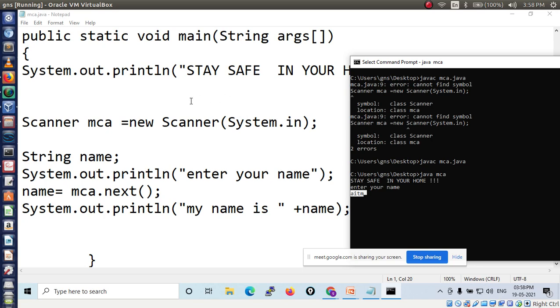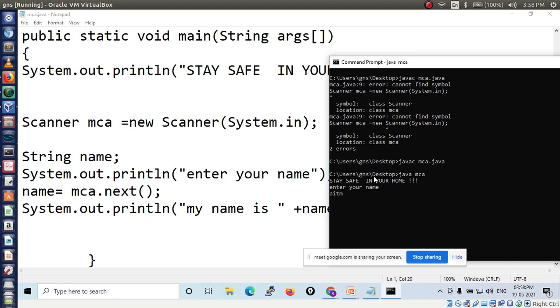Stored where? In MCA. Then next, if I press the enter key, what will happen? If I press the enter key, it will display. I don't know why it is not displaying. Displayed. My name is AITM is displayed.